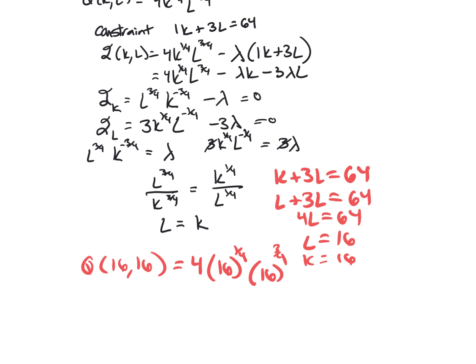The denominator is the root. The fourth root of 16 is just 2, so 4 times 2. I always try to do the root first if possible. We just said the fourth root of 16 was 2, so in this piece you'd have 2, and then to the third power is 8. So then we have 8 times 8 is 64. So it looks like the maximum production level would be 64